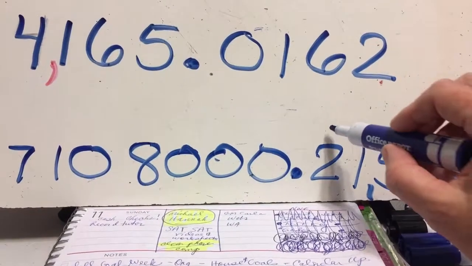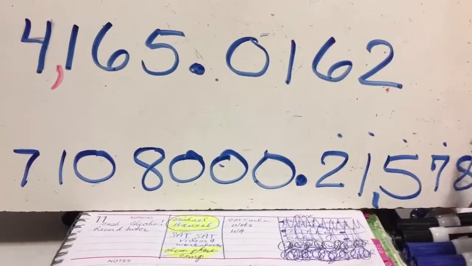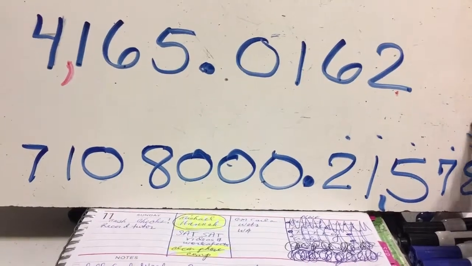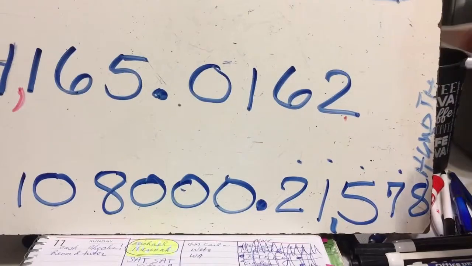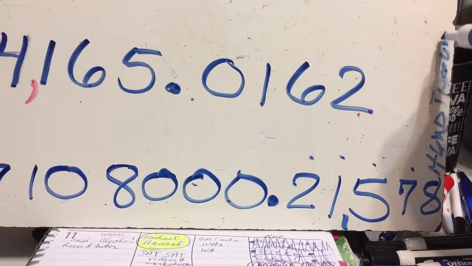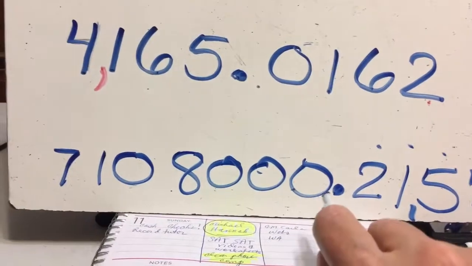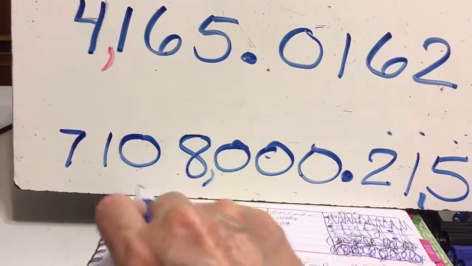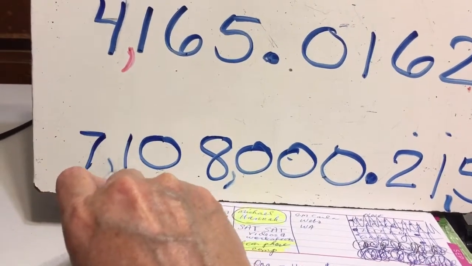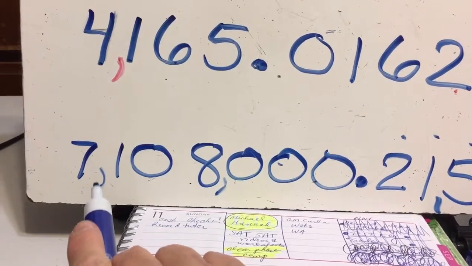And then again, tenths, hundredths, thousandths, 10,000ths. This one here is going to be the 100,000th place. So you need to know what the place value is that you're going to call out at the end. Here we have so many numbers that commas are kind of helpful. We always start at the decimal place as we move left. So that's going to be